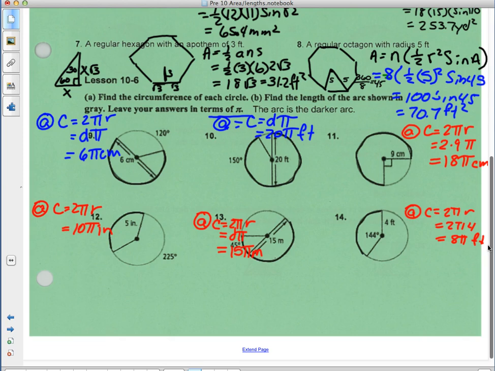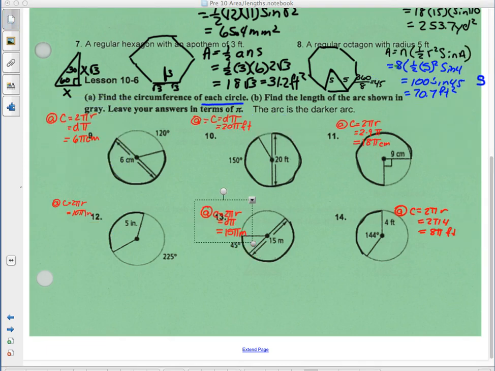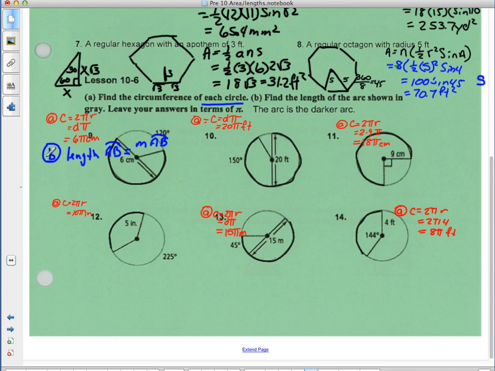Now, the B problems are our next issue. So we're going to look this over on each one. Okay, so now we got the A's done, and now let's look at the B's. In the B problem, they're asking me to find this length. Now that's a percent of what we already found. So keep in mind how we do that when I'm finding that length. We will use arc length. So I'm going to go the length of my AB is equal to measure of arc AB over 360